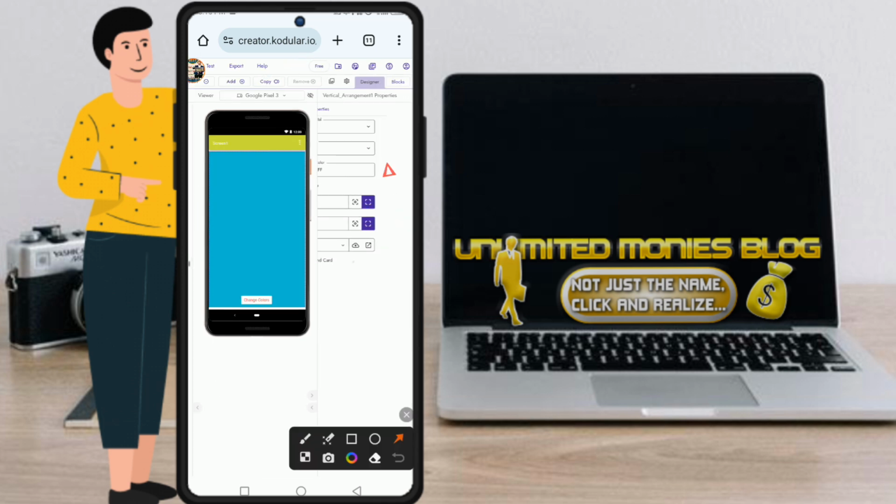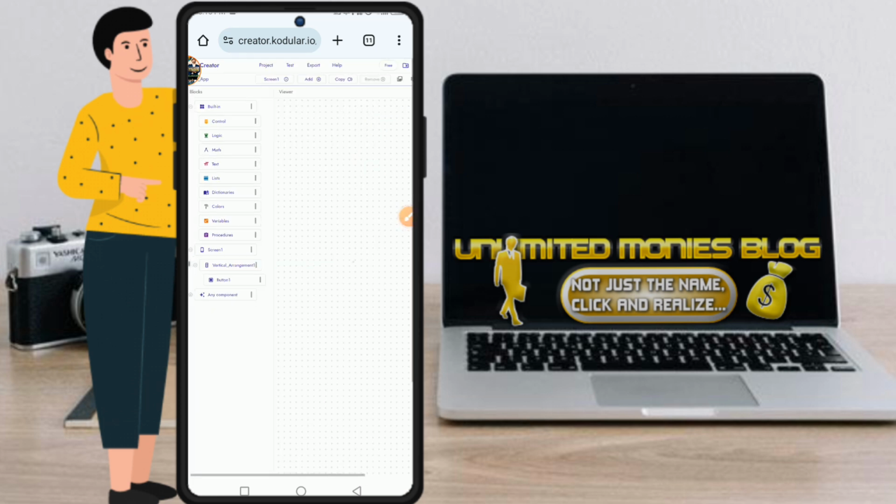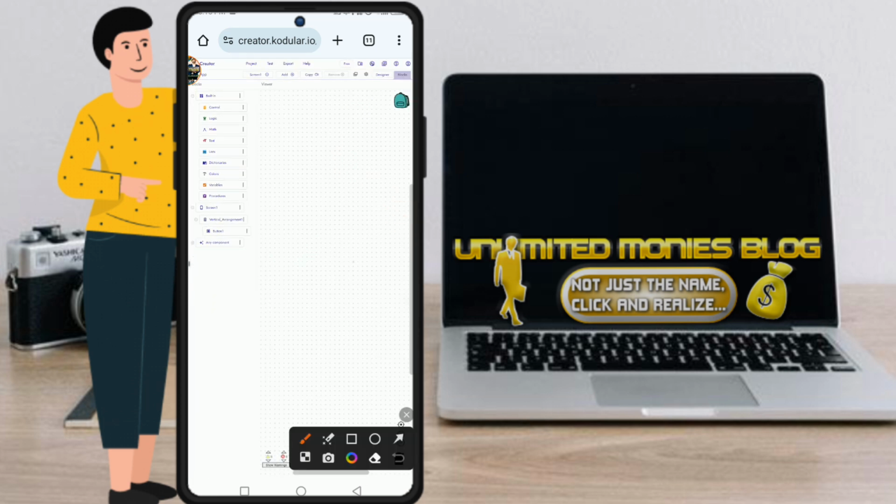There are two areas here. One of them is design. Design is the interface, what we can design here. Now we are under design. Now we want to do the logic. We want to put this button into action. When this button is clicked, this background color will change to different colors. That's when we touch on these blocks. You can see the viewer of it. So this here is empty. We will drag all the necessary blocks we need to use